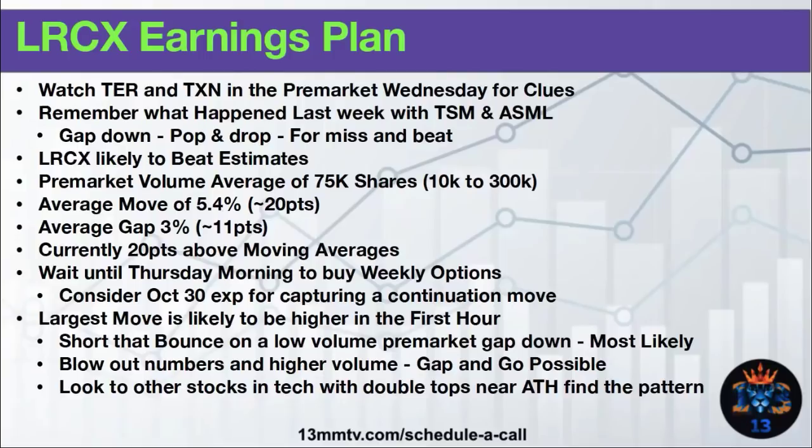And we were looking at moving averages. We are currently above the 20 and the 50-day by about 20 points, and that corresponds here. So if it ends up being a down move, we could expect that LRCX is going to catch some support in that area. And then as far as the plan for options, we're going to wait until Thursday morning to